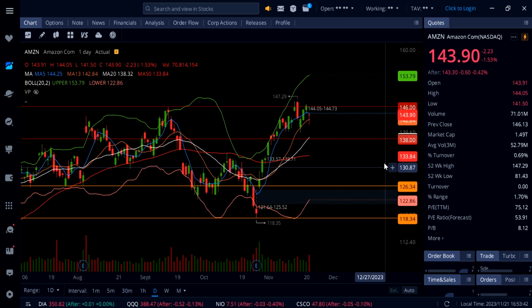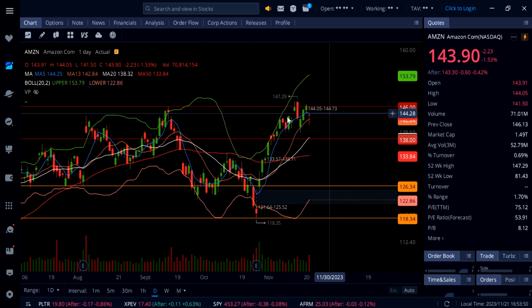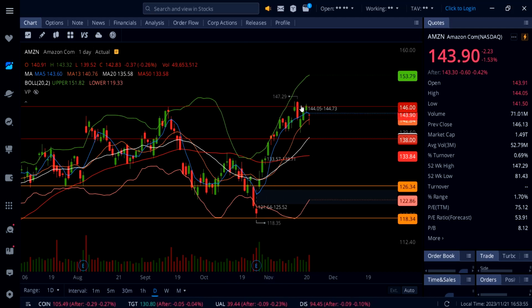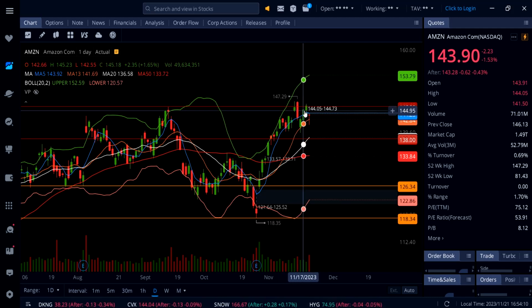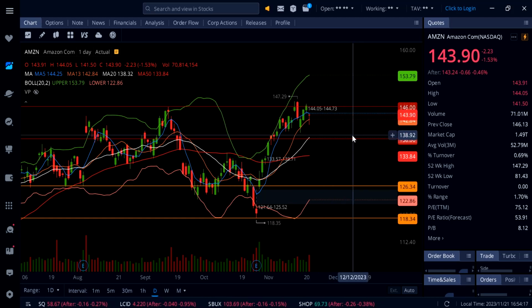And why? I mean, look at this, guys. 1, 2, 3 times around 146. Just recently getting rejected, and every time this thing gets rejected from 146, look at the dump off from 146 down to 118. Again, right here, 3 times getting above 146, but not clearly breaking out above 146. And now, if this thing cannot break 146, you're going to see at least a dump off down to 138 and then this gap